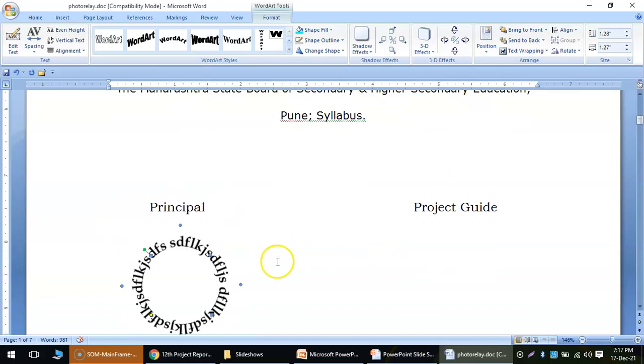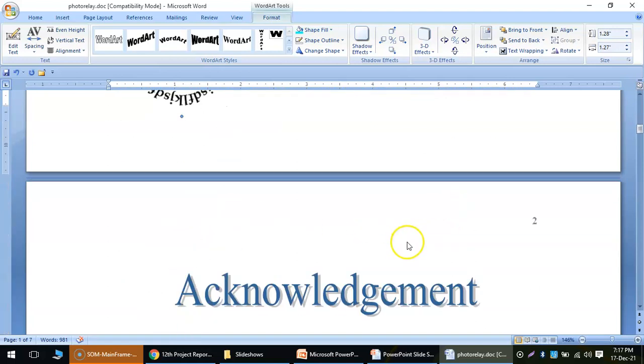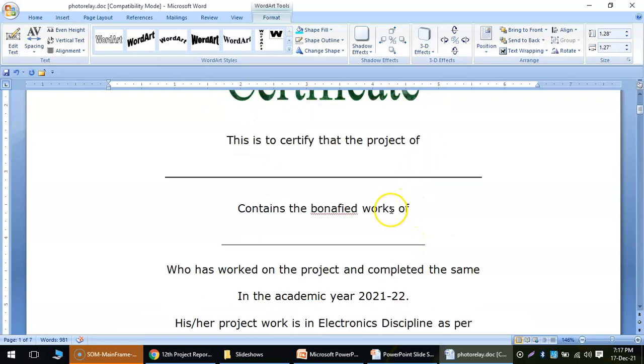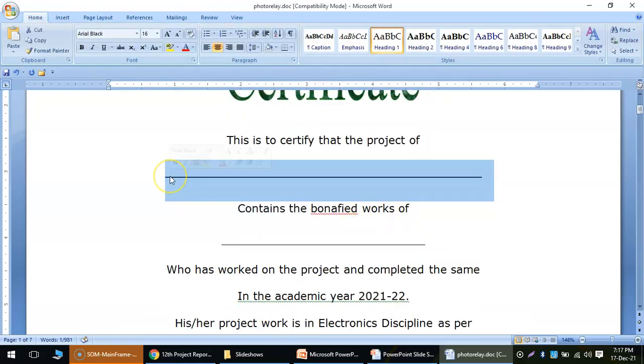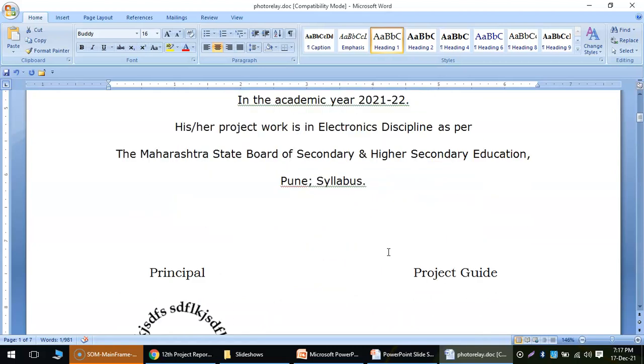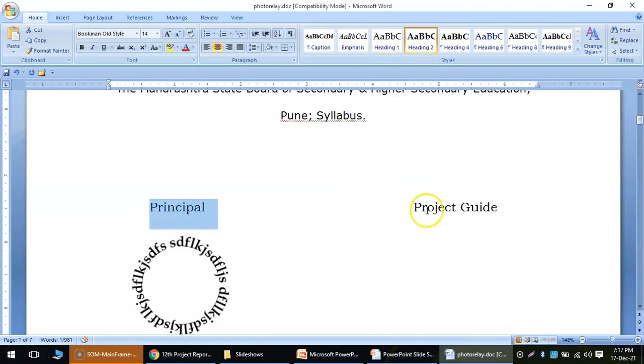You have to take the signature of the principal and the project guide together, and this is simply the certificate. Here you have to write down the name of the project, and here your own complete name, and then take the signature of the principal and the project guide.